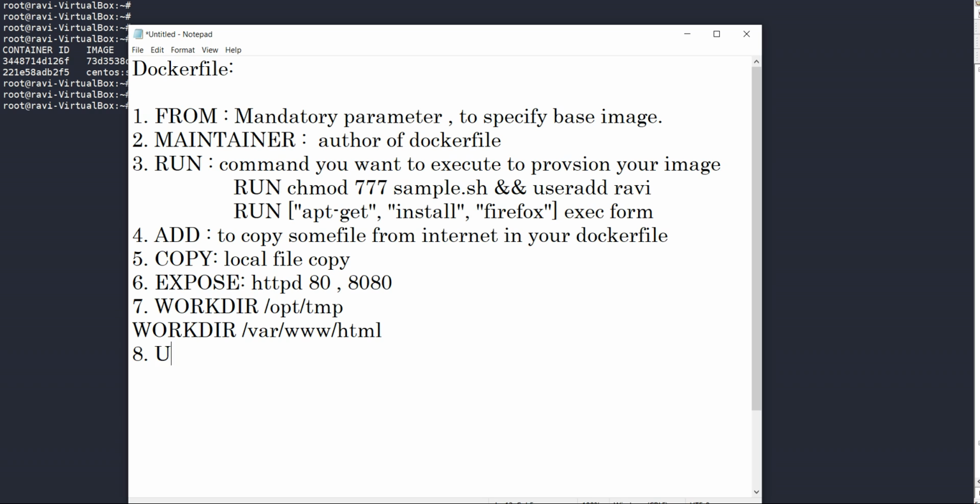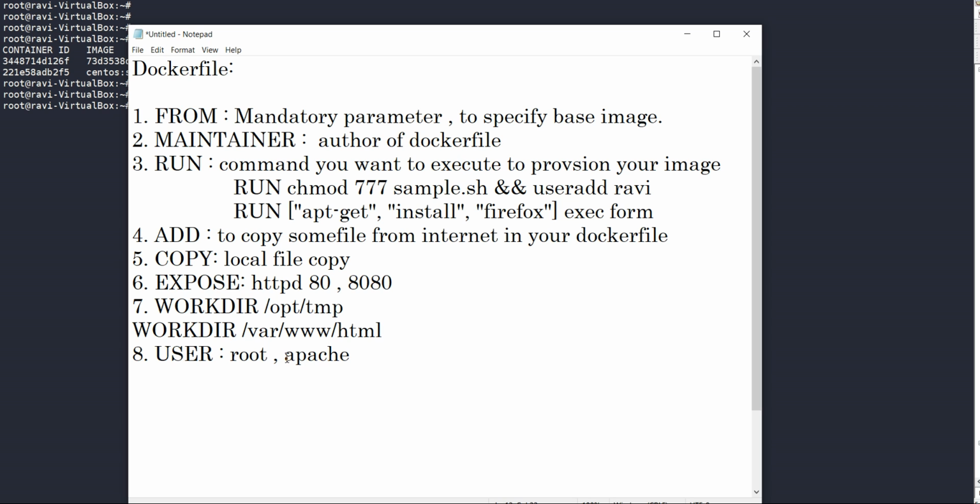Then we have USER. User is who will be owning the container namespace process. There can be two things: I can use the root user, or suppose for Apache I can use the Apache user. If I use user root, then when I log into my container that is built using this Docker file, my default user will be root.